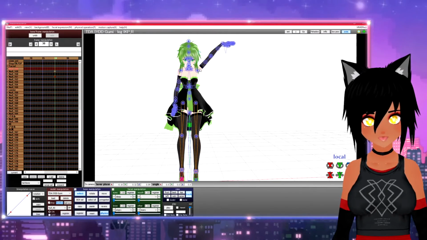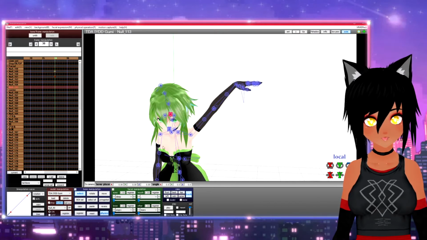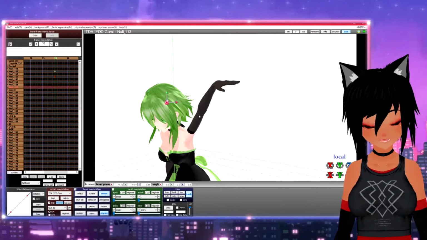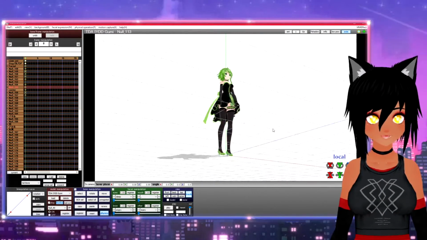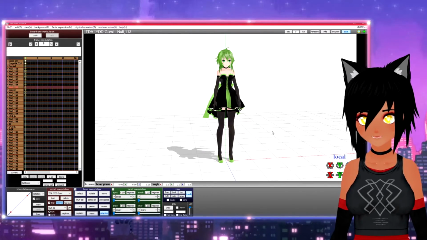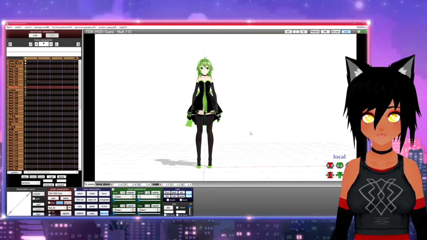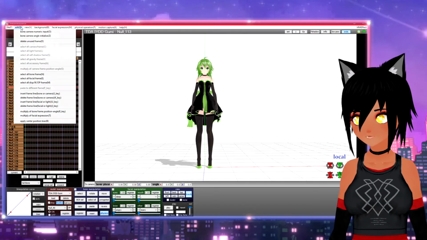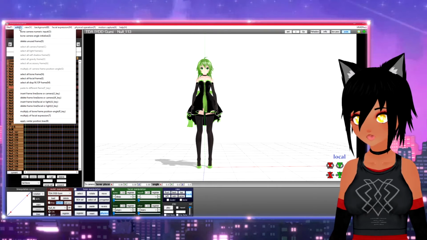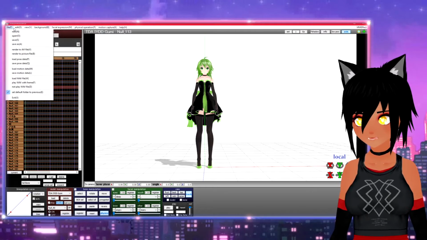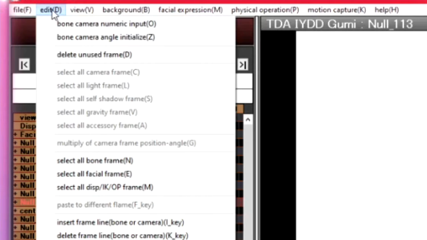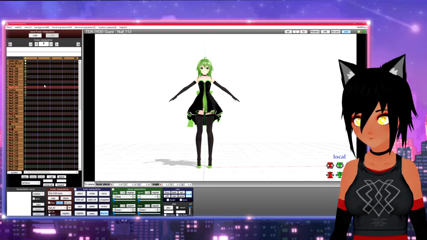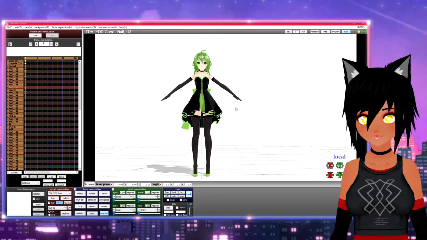There's some up here. I don't really know what those do. Let's try it. Let's go on this journey together. Oh, okay. Let's just put those back inside of her head. Anyway, that is the basics of animation. And it's just a matter of doing that a lot and moving every single one of those bones. Now, I want to reset her completely to just a T-pose with no registered bone movements. So I'm going to click Edit, select all bone frame. I'm going to click Delete. And that just resets her to the default T-pose.